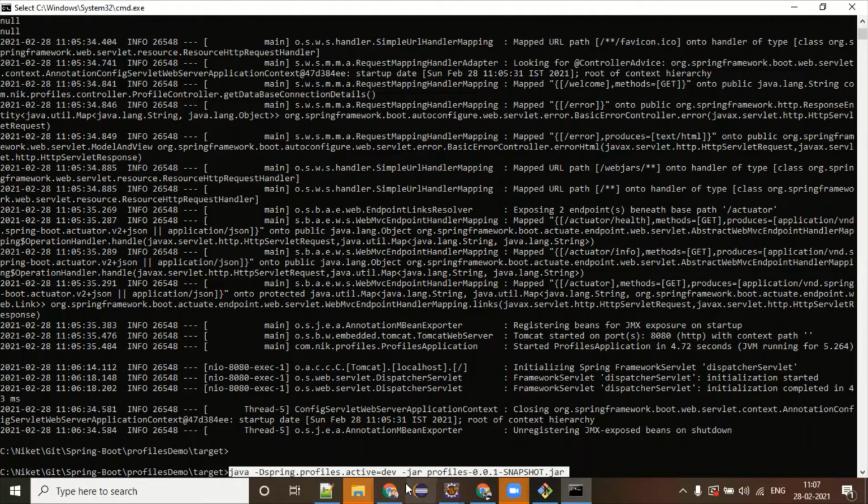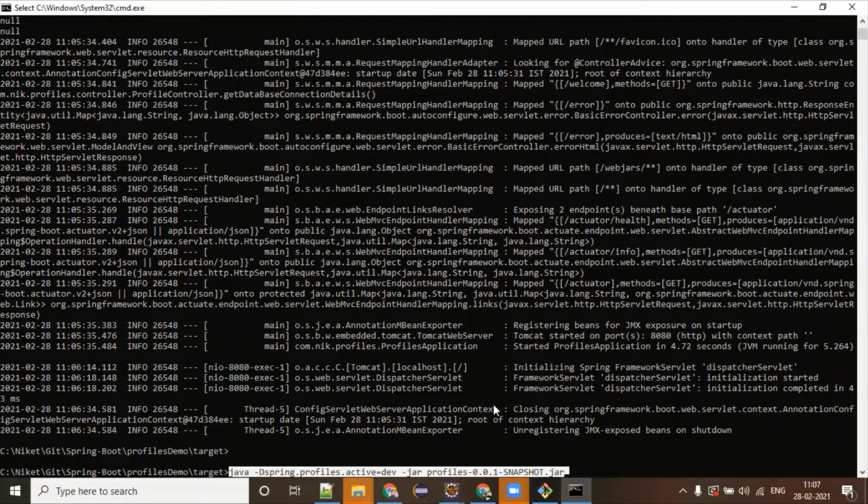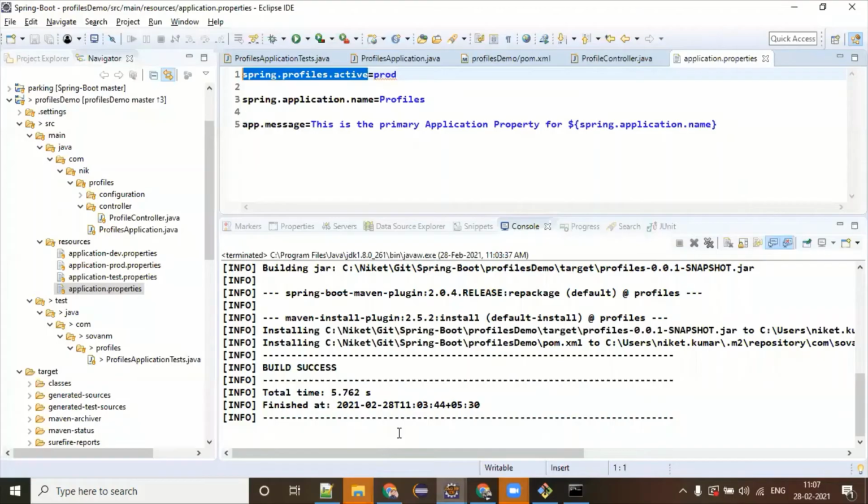That intelligence is not there. If you open that file, whatever we have written for production is still there. It is just saying that whatever configuration you found for this key, ignore that since the user has passed it by the command line. This is the meaning of this. Got it?